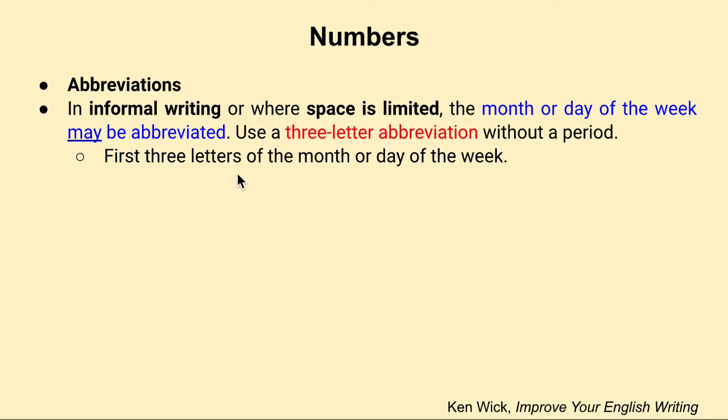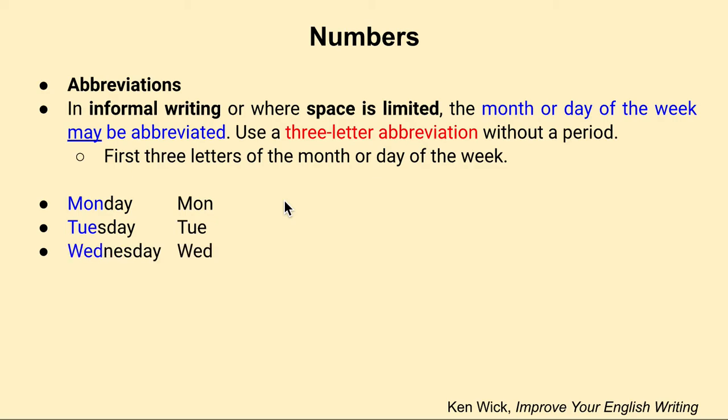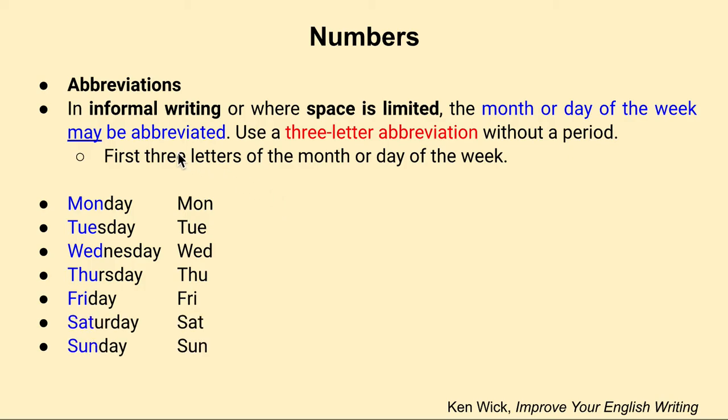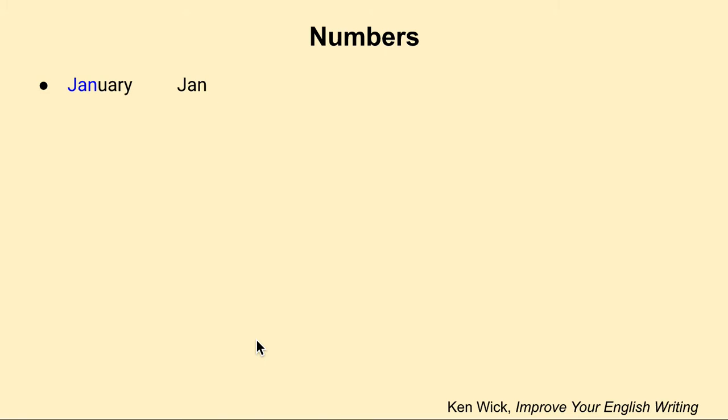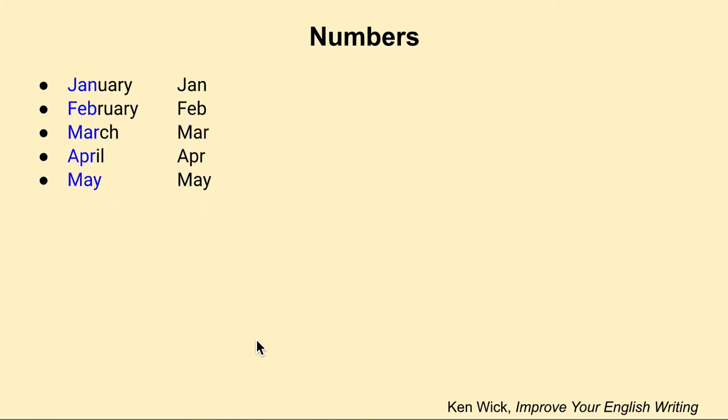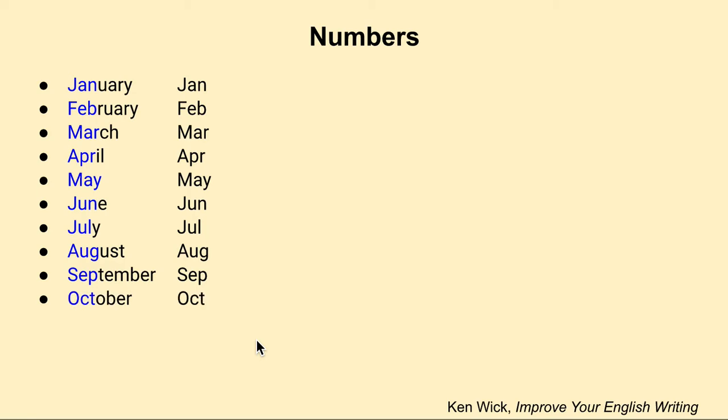So it's basically the first 3 letters of the month or day. So here you have Monday, Tuesday, Wednesday, Thursday, Friday, Saturday, Sunday. Notice it's the first 3 letters of the month or the day of the week. So here are the days of the week, and the next slide is just the months of the year: January, February, March, April, May, June, July, August, September, October, November,